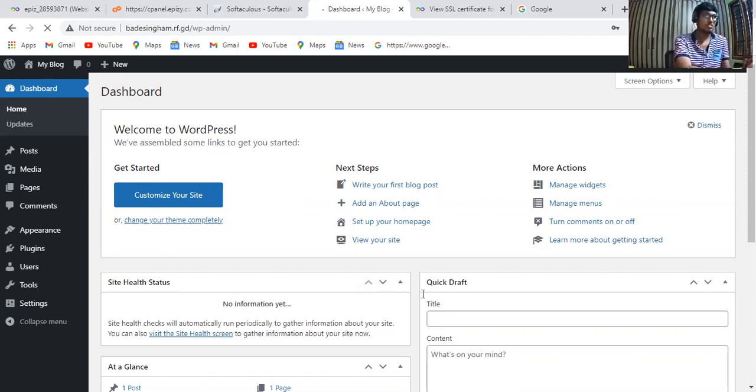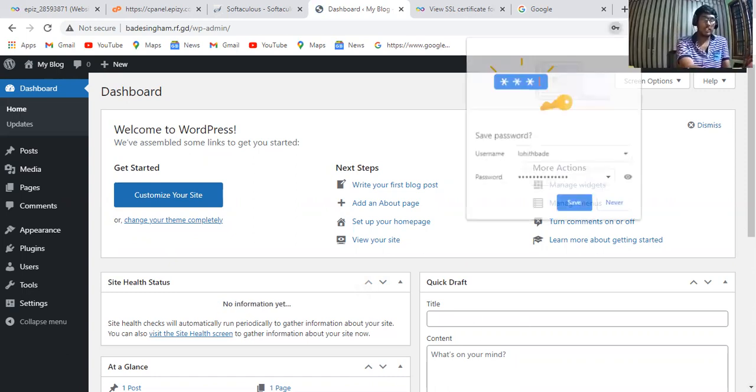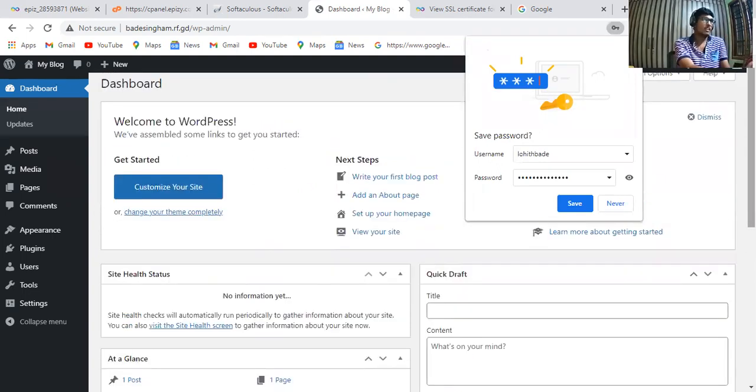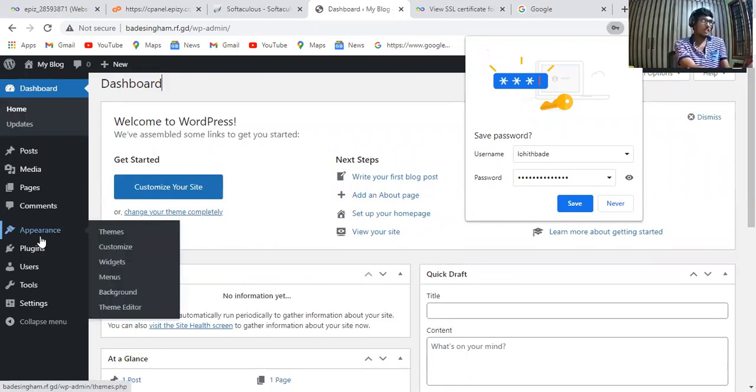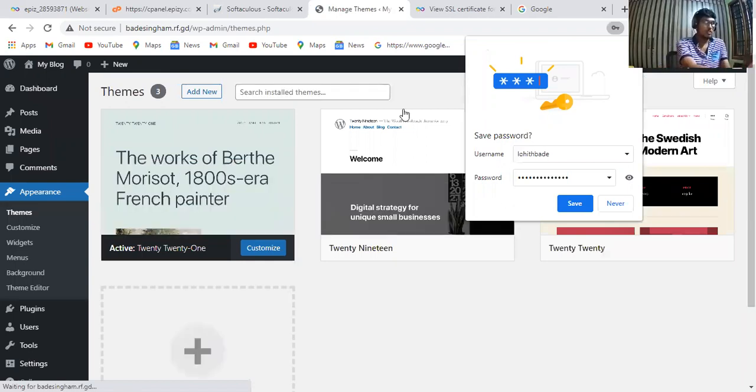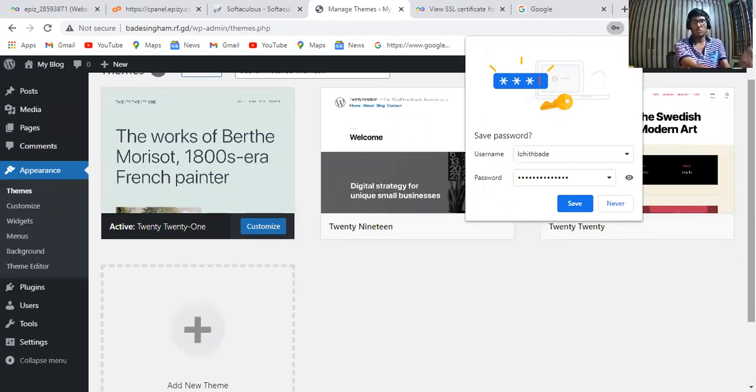So first, I'm going to show how to create a free website. So see, let's see here, all of you. First of all, if you want to create a free website, in this option of appearance, you have to go to appearance, click on themes, and select the Astra theme. The Astra theme is very important for creating a website. So now I'm going to select the Astra theme.